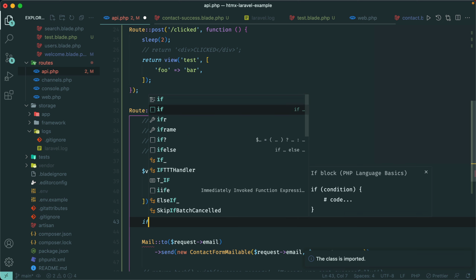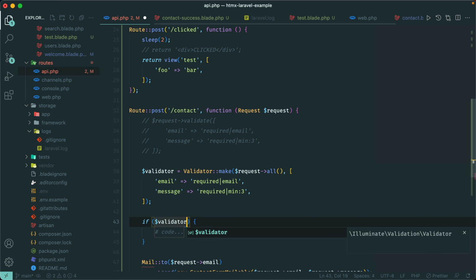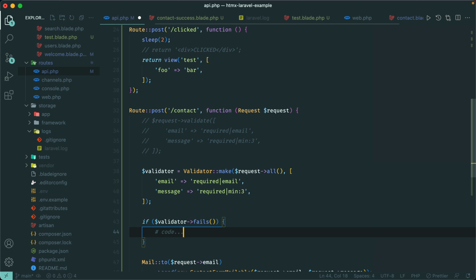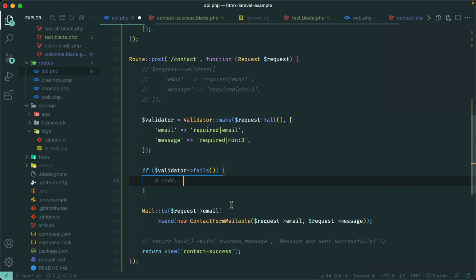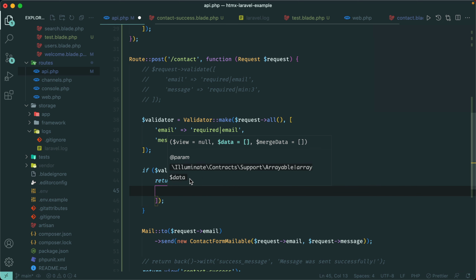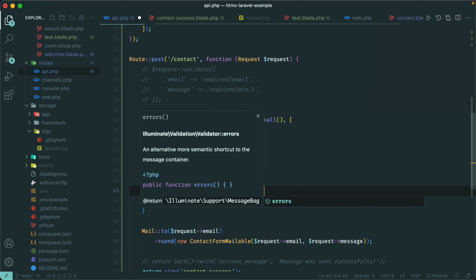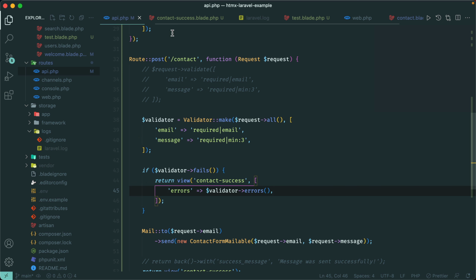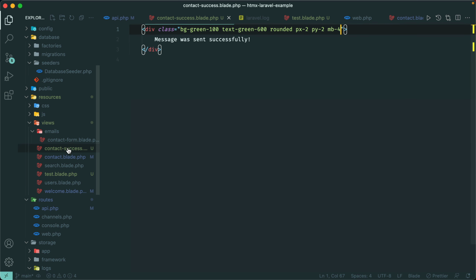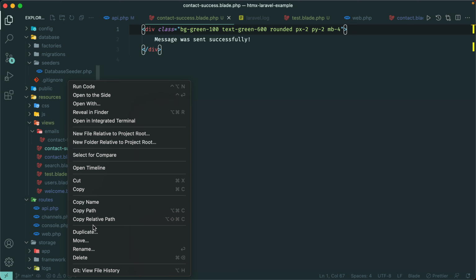Okay. And now we can check if the validation fails with validator fails. So if validator fails, then we can return a view with the errors. So similar to this, we'll make a new view called contact error. Let's paste that in, but we'll also pass in all of the errors. So errors is validator errors. Okay. So let's duplicate this contact success, but now contact error,